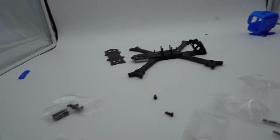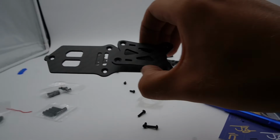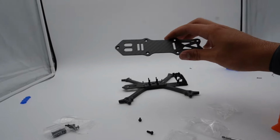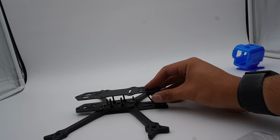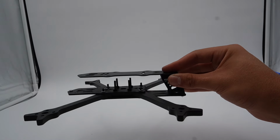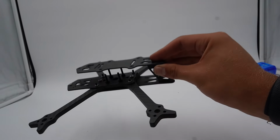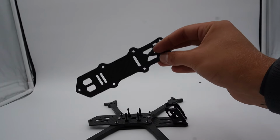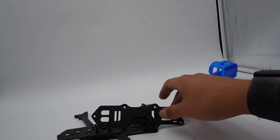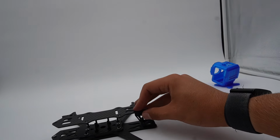Alrighty, now for the exciting part. Do we want to do the split deck design, or do you want to do a single top plate? Well, the good news is you can decide. So for the single top plate design, it would just notch on the top like so. You're going to have a little bit more build space, of course, in the back, which some people may appreciate. You don't have to deal with any special standoffs. You would use just your common, normal knurled standoffs like this. Have a little bit more build space, but